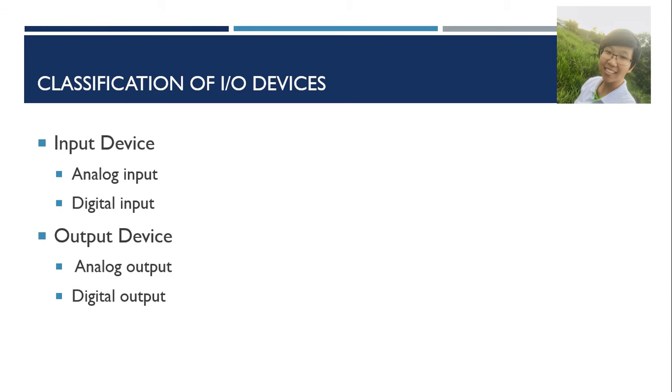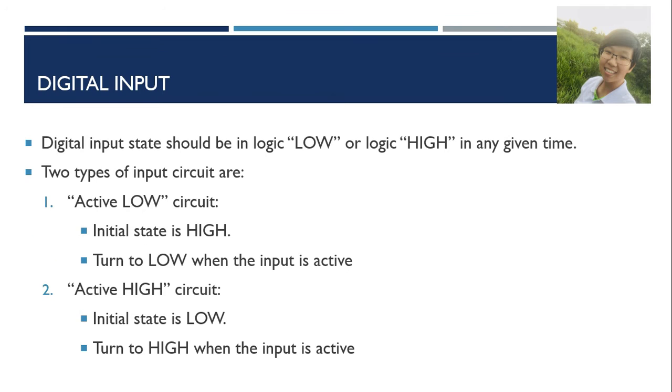The classification of input-output devices can be divided into two. The input device is analog input or digital input, and the output device is analog output or digital output. For the digital input, the state should be in logic low or logic high at any given time. Two types of input circuit are active low circuit,